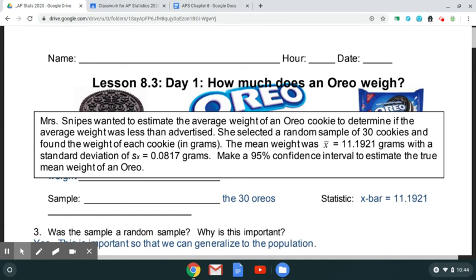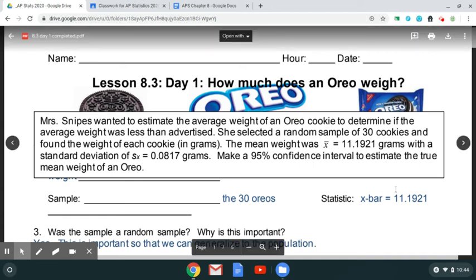And number one said, what is the point estimate for the true mean? So we wanted to estimate the average weight of an Oreo cookie to determine if the average weight was less than what has been advertised. So we took 30 cookies and I calculated the mean weight at